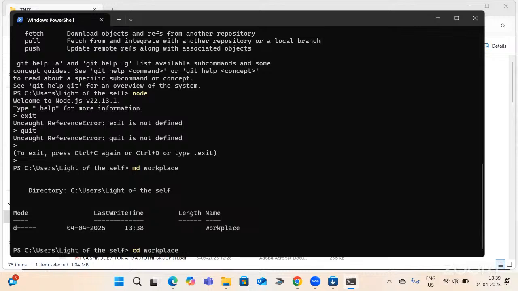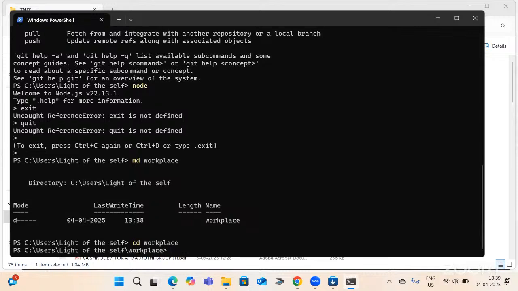Good old DOS days, if anybody remembers this. Yes, sir. Now MD workplace and CD workplace in the home directory. So I have noted this down in our document. Okay, now